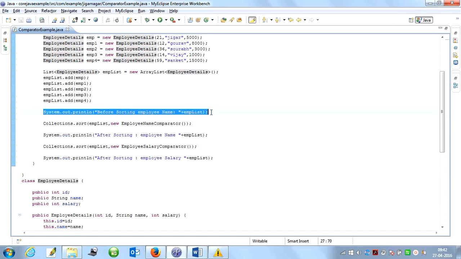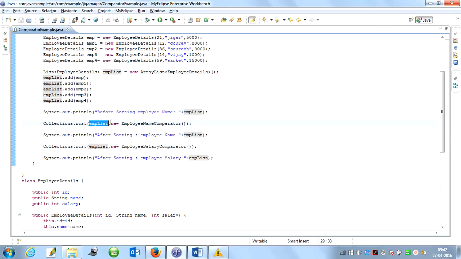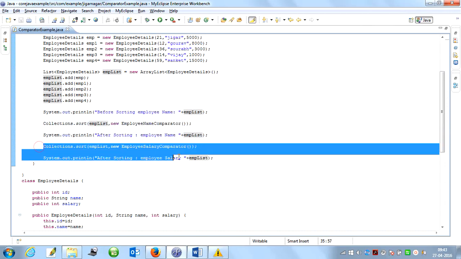Now I just print the unsorted data and check. I am passing it within the Collections sort method. This is my employee list, and sort the data on the basis of the employee name. So let's see what our result is.